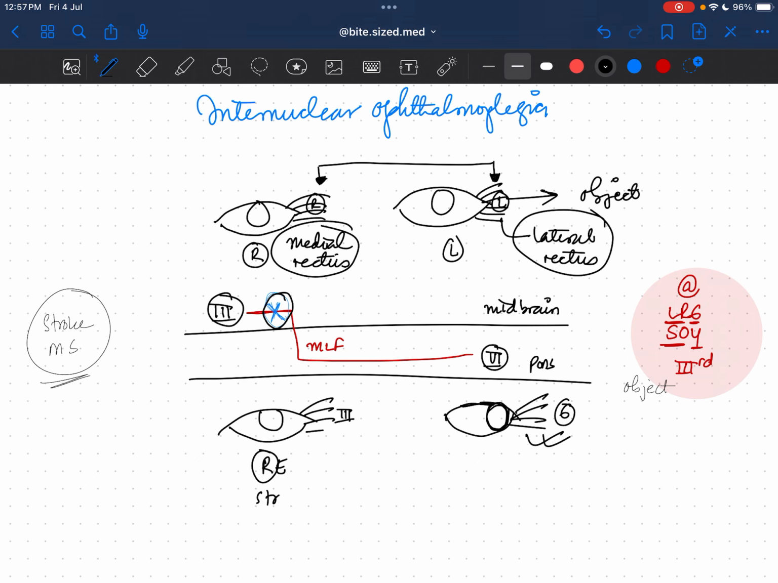Now in the comments below, please let me know: if there is a problem with the medial longitudinal fasciculus on the left side, what would be the clinical findings of this patient? I hope you understood this concept and the two components of